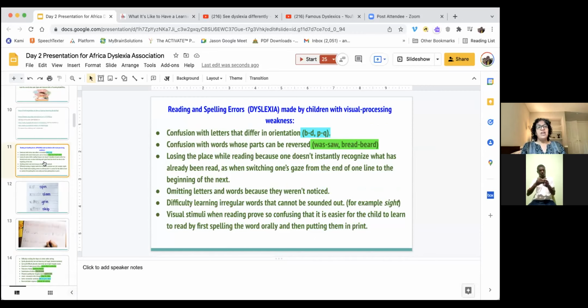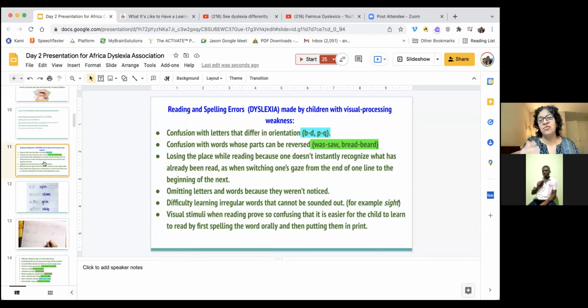Now, if we go on describing the characteristics of children with dyslexia, we have divided dyslexia into two parts here: related to visual processing weaknesses and related to auditory processing issues. So now the types of errors, characteristics, signs and symptoms of children with dyslexia with visual processing issues